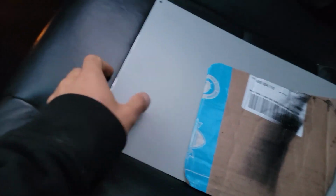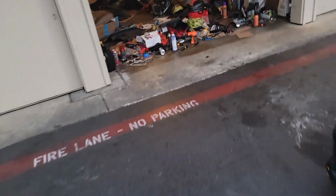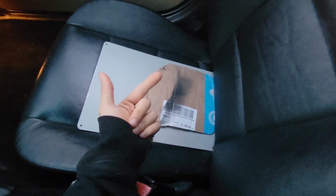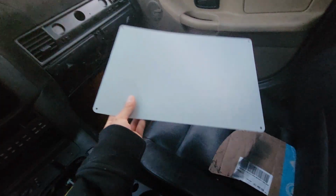With something like this, it's really thin, so I don't recommend it, but it was cheap, like $3. Something like a 26 gauge metal would be $5, so definitely get that. I personally didn't get this because, see, this is way thicker. You want your template to be a little bit bigger, so you can just put it here, mark it, and cut it. For something this flimsy, you can't really use a grinder because it's going to melt the metal and it's going to be wobbly,